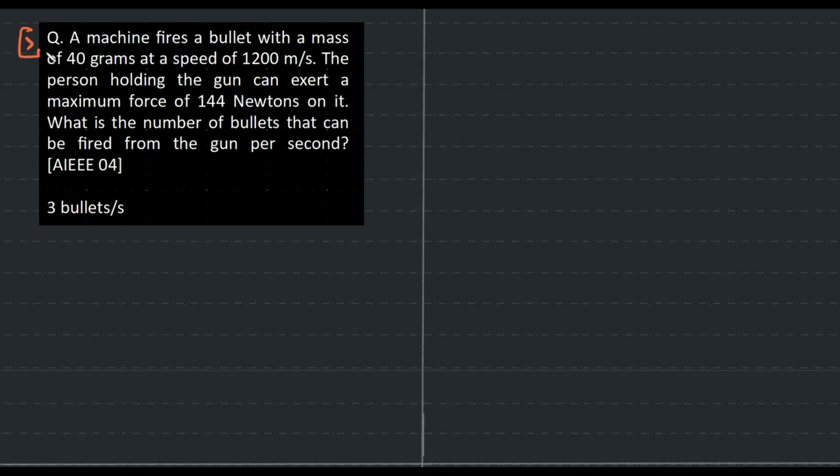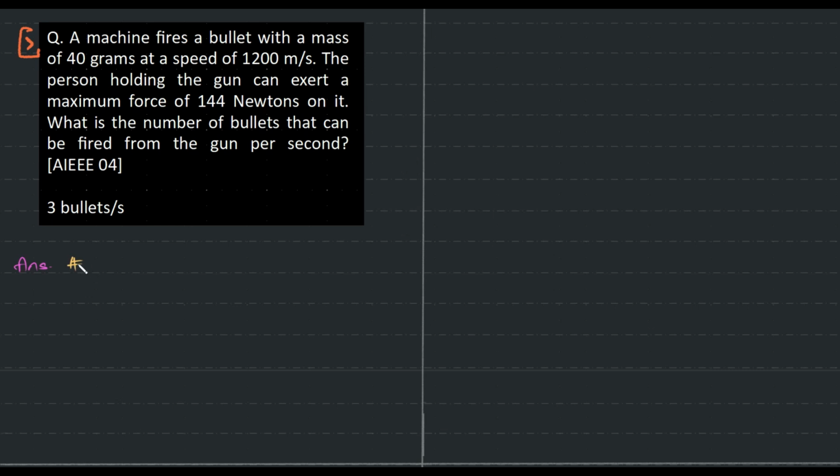A machine gun fires a bullet with a mass of 40 grams at a speed of 1200 meter per second. The person holding the gun can exert a maximum force of 144 newtons on it. What is the number of bullets that can be fired from the gun per second? So the point here is that